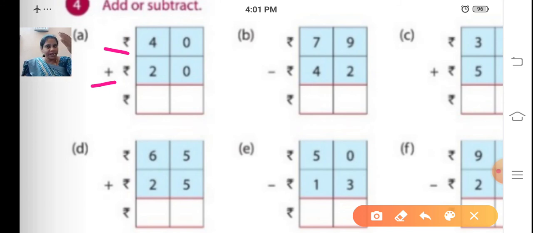Yes. So it is already written one below the other. Just add these two. 0 plus 0 is 0. Then 4 plus 2: after 4, 5, 6. So 60 rupees. This is the symbol for rupee. 40 rupees plus 20 rupees is 60 rupees. I think you all know addition, so that's why I'm going fast. Just normal addition, you all know addition, isn't it? 40 rupees plus 20 rupees, 60 rupees.